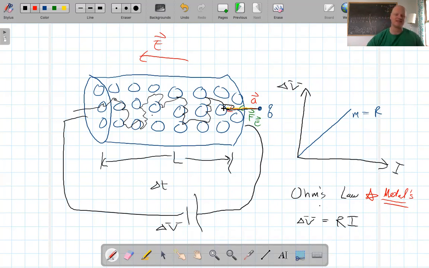Again, resistance is the fact that this thing is constantly making collisions and constantly speeding up and slowing down. This is also the source of the fact that a wire heats up, because as the charged particle makes an elastic collision with the atoms, they start to vibrate faster and faster, because they're absorbing more and more kinetic energy. And as the kinetic energy goes up, the temperature goes up as well. As you remember from